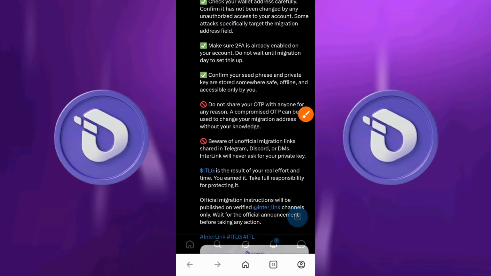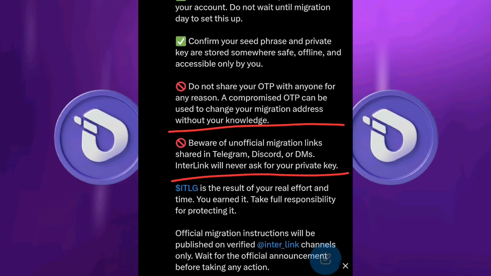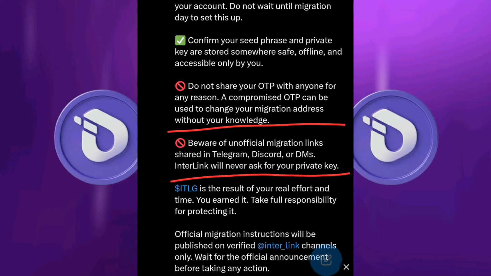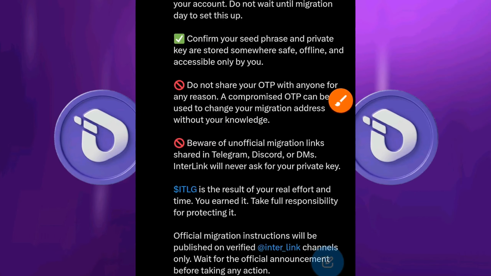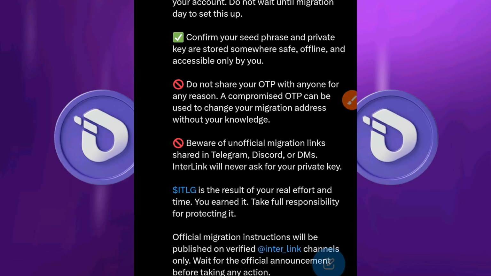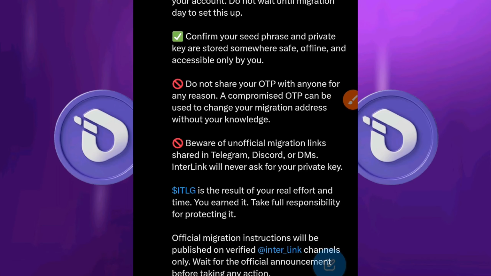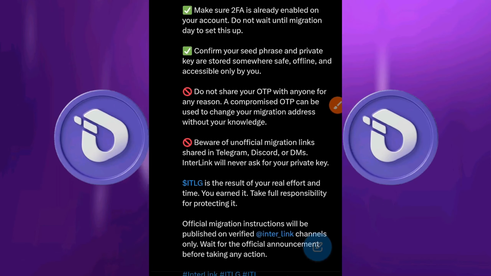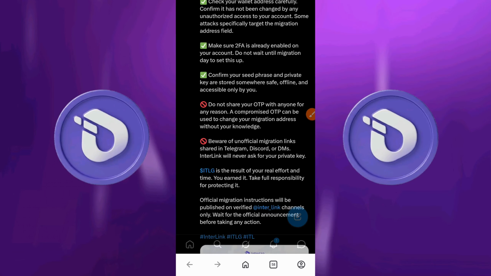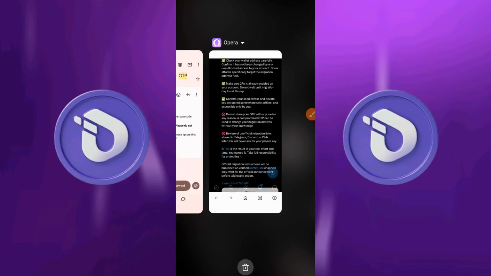Very important. Now the last thing right here says beware of unofficial migration links shared in Telegram, Discord, or DMs. Interlink will never ask for your private key. So yes, I've always preached this. Do not just click any random links and enter your seed phrase, which is your passphrase, your 12-word passphrase. Do not do that. It's very important to always come to the official channels, which is this,